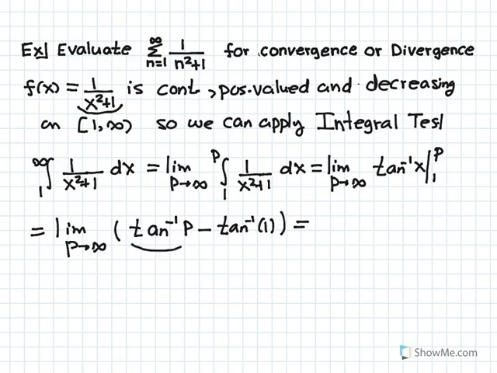Now, what is arctangent of infinity? Because we're basically putting infinity in. We're taking the limit as p approaches infinity of arctangent of p. Arctangent of infinity approaches pi over 2, because the tan x function has a vertical asymptote at x equals pi over 2. What is arctangent of 1? What is the angle whose tangent is 1? That's clearly 45 degrees or pi over 4. Pi over 2 minus pi over 4 is equal to pi over 4. So we have proven that the integral from 1 to infinity of 1 over x squared plus 1 dx